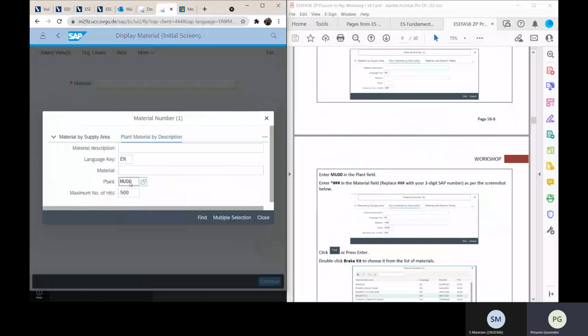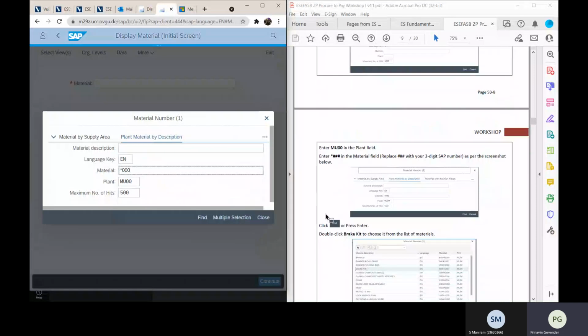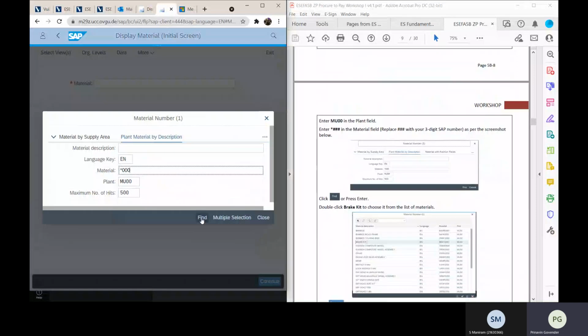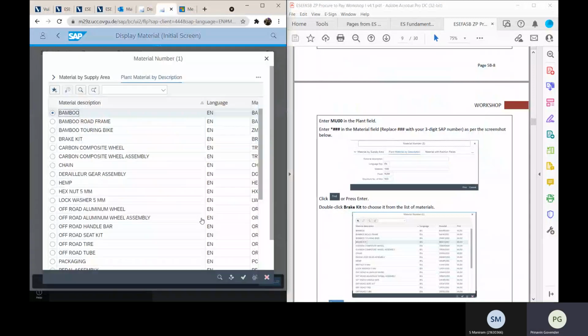MU00 in the material field. It's going to be star. My user number is 000. The language is English. EN is the code for English. Press find. So there we go. There's the bamboo. The materials are bamboo road frame, bamboo touring bike, brake kit, carbon composite wheel